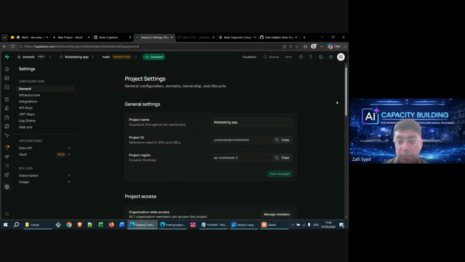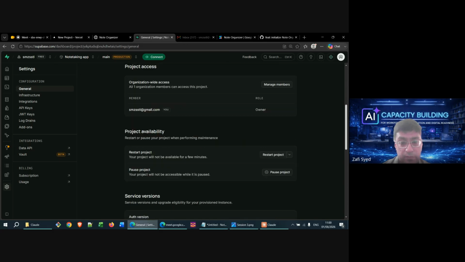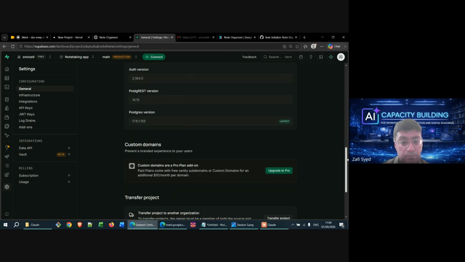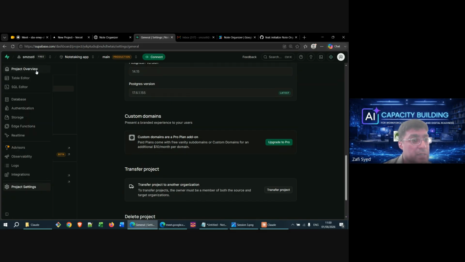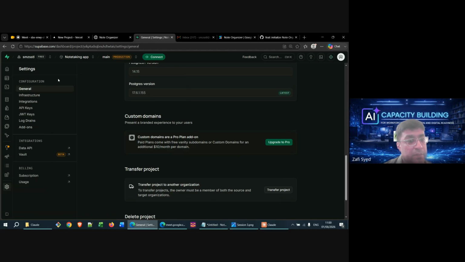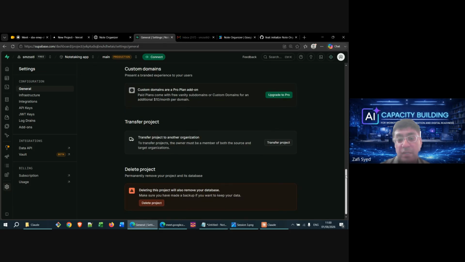I can show you that password somewhere. The interface has changed over and over again, but it should be somewhere here. Basically, that's the main database password. If that is leaked, then an individual can bypass all the security mechanisms that we have, like row level security, and still be able to access data.